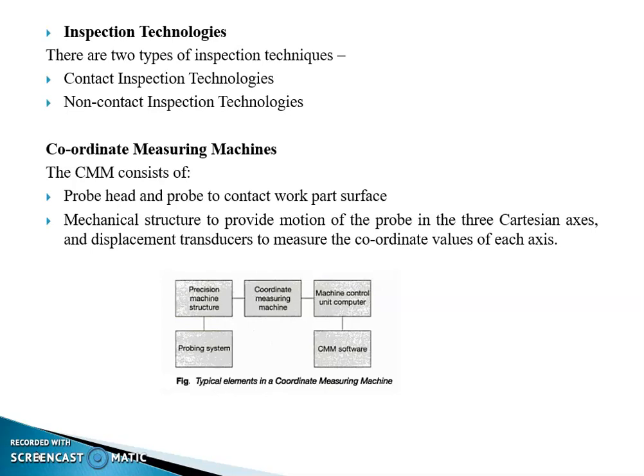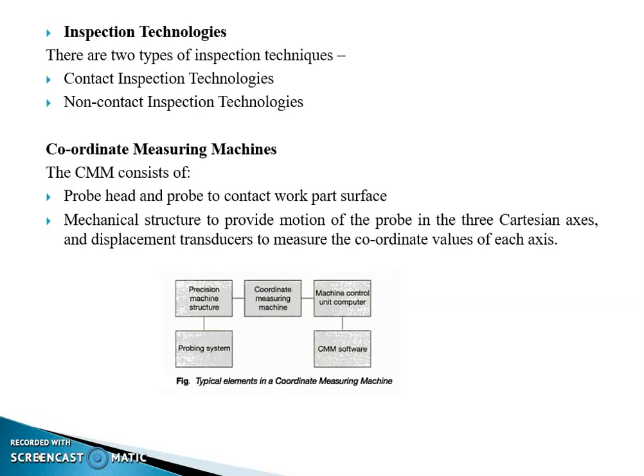That is the first thing. But in case of non-contact, there will be no contact between the workpiece and the measuring device. And the second one is inspection cycle times are faster, as the contact probe must be repositioned for each new part inspected, while the non-contact sensor remains stationary. So a lot of time will be saved in non-contact